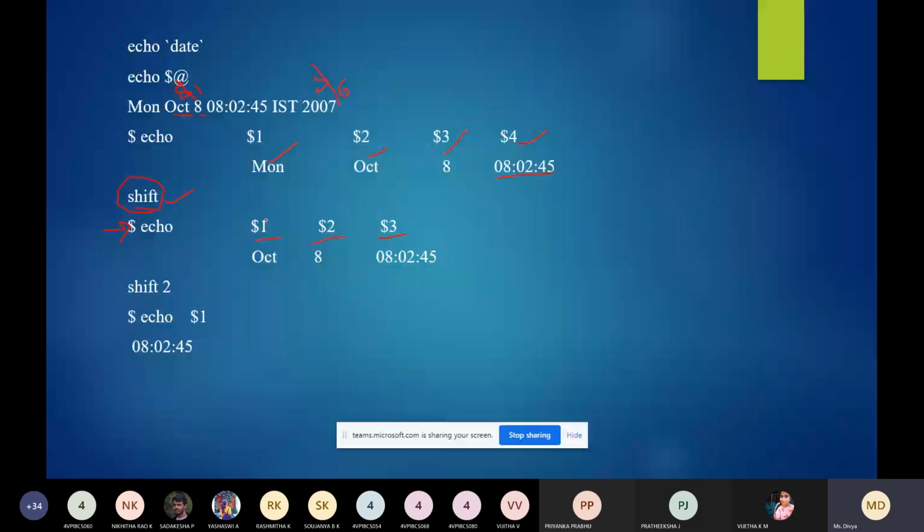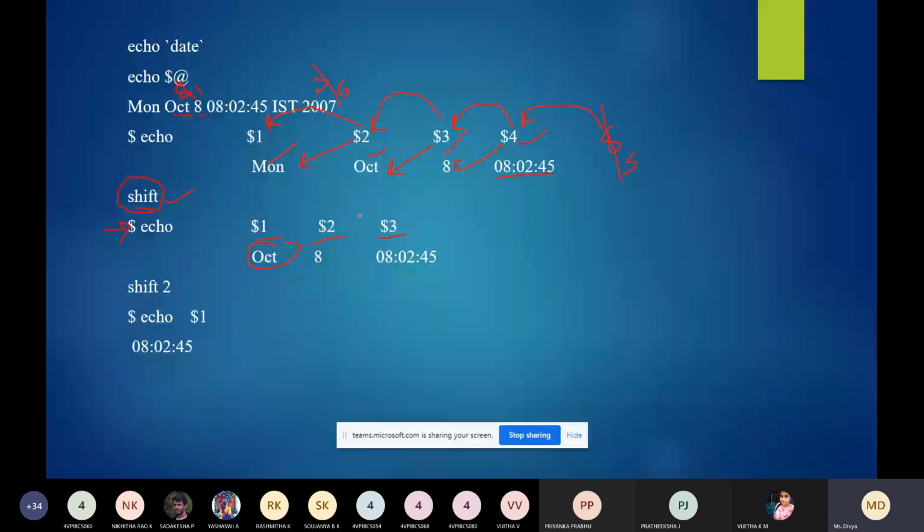It is October, which is the value of $2. Now $2 will be stored in $1, $3 will be stored in $2, $4 will be stored in $3. You can put an arrow mark like this. When you execute one shift, $2 will be stored in $1, $3 in $2, and $5 will be stored in $4, and so on it continues. So one position, the immediate lower number.